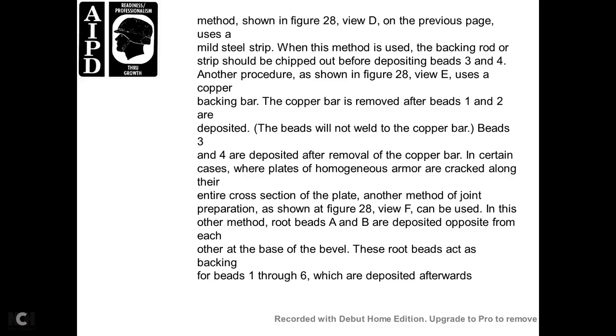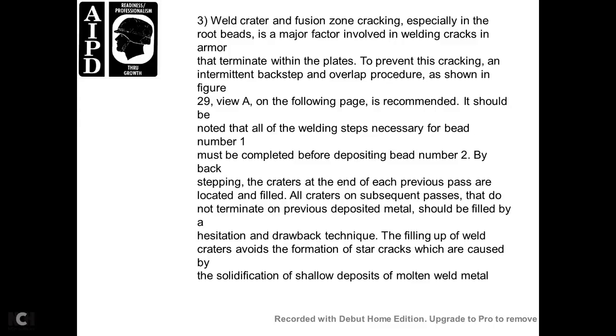Also use other methods: root beads A and B are deposited opposite each other at the base level of the root. These beads act as backing for beads 1 through 6, which are deposited afterwards. Crater cracking and fusion zone cracking are especially a concern with root bead welding of armor plates. To prevent cracking, the intermediate backstep overlapping position shown in figure 29, view A, on the following page is recommended. It should be noted that all the welding steps necessary for bead number 1 must be completed